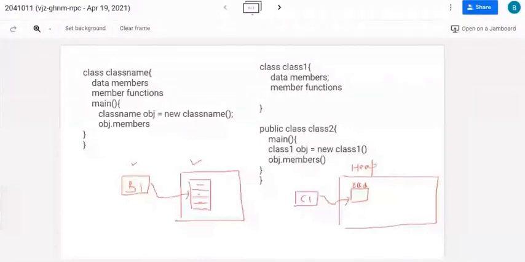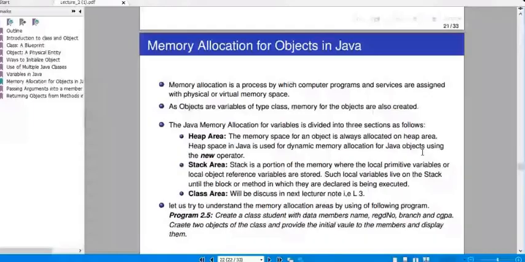Heap space in Java is used for dynamic memory allocation for Java objects using the new operator. So in short, if I allocate memory using the new operator, the memory is allocated in the heap area.